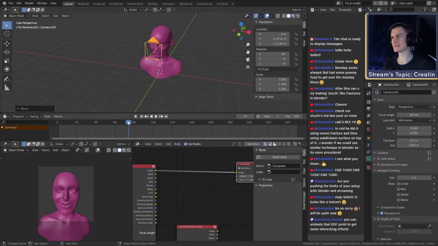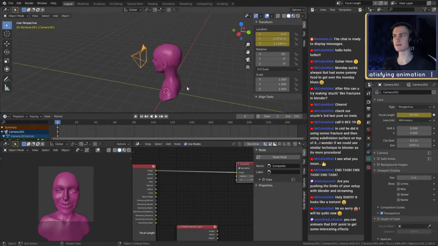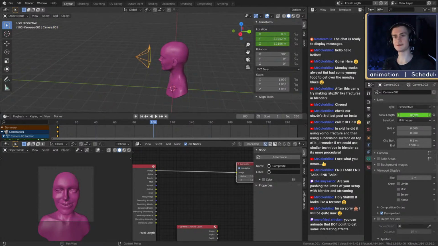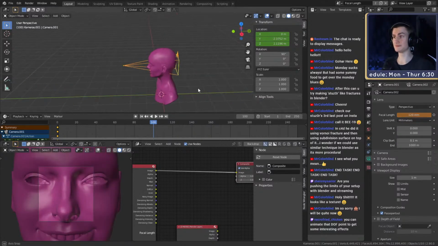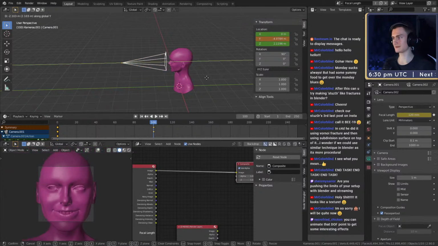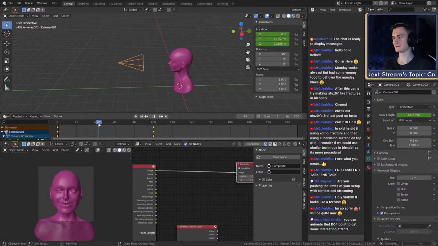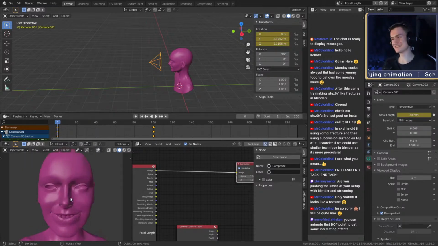And then let's animate this. Let's bring this back to 0. Insert the keyframe right there. Also for the focal length. Let's then go to 100. Change this to 120. Oh, it's way closer. And insert keyframe and move this back. You can already see what is happening. Oh, it's actually perfect, because you can see the change with the face doesn't change at all. So you can see what happens.